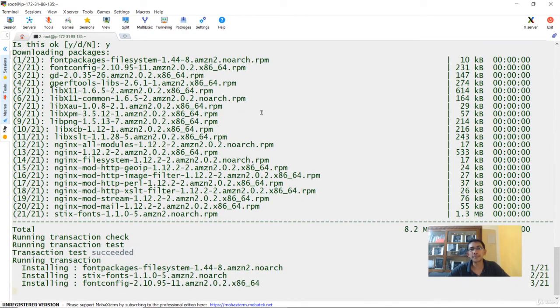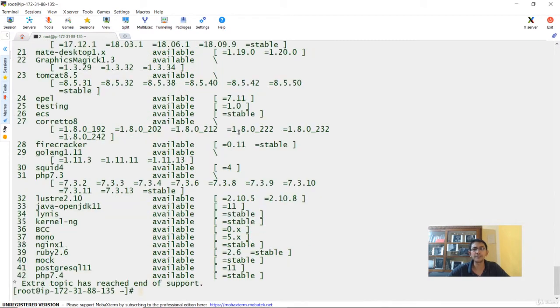Now for those coming from a Mac background, if you want to install something on Mac, you make use of brew, so you do brew install. In case you are coming from a Windows background, then we download the setup.exe and double click on the setup. Similarly for Linux, we make use of the yum install command if we want to download certain software packages.